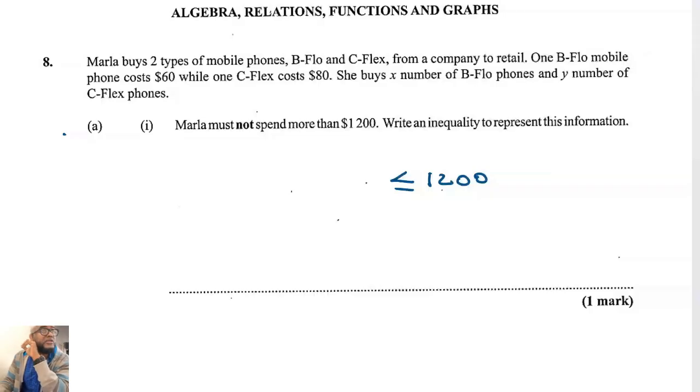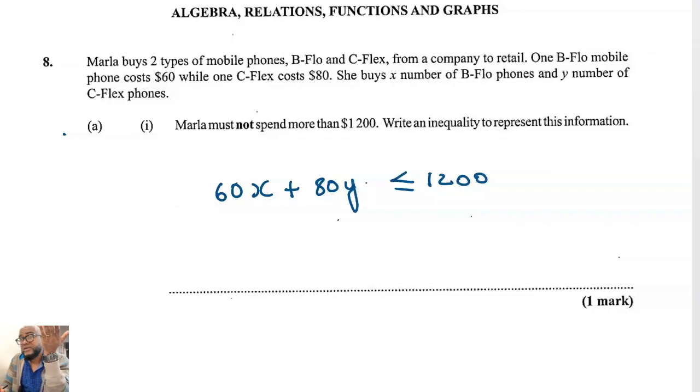How many dollars for one B-Flow phone? 60. And what represents the number of B-Flow phones? No, B-Flow will be X plus how much? What is the cost of C-Flex? 80. So it will be plus 80Y is less than or equal to $1,200